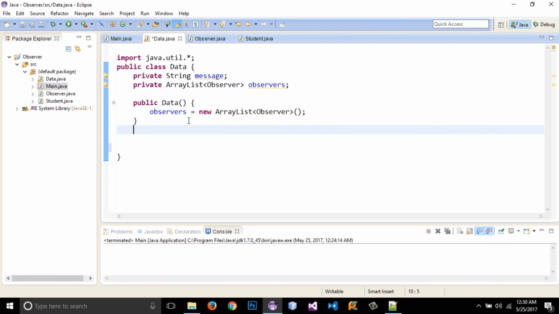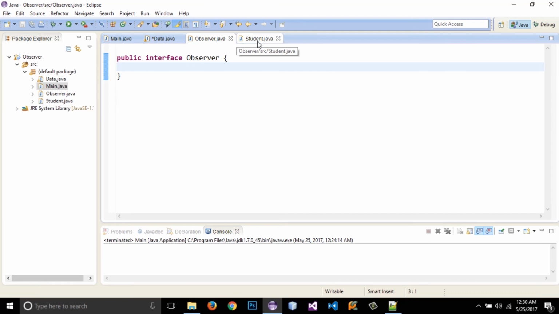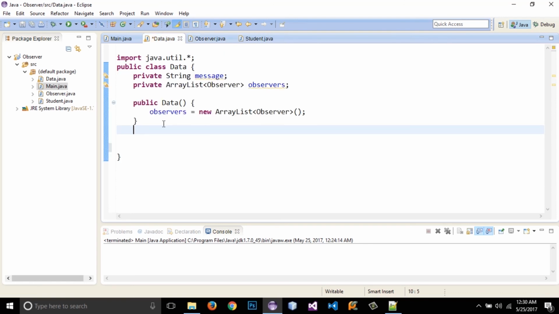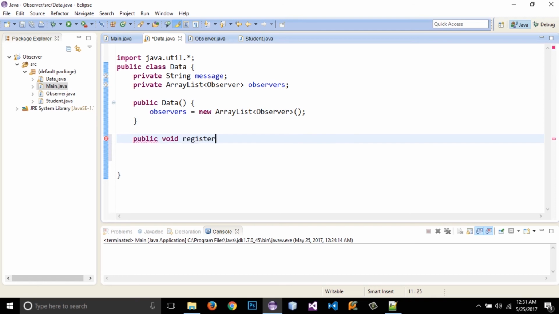Now we need to create a method for registering this observer, registering a subscriber. So this data, you can consider this data any website or YouTube. That particular subject must contain the methods for subscribing and unsubscribing, but not the outside student or teacher who are using that subject. Okay, so public void registerObserver, and it's going to receive the observer instance. So Observer o,